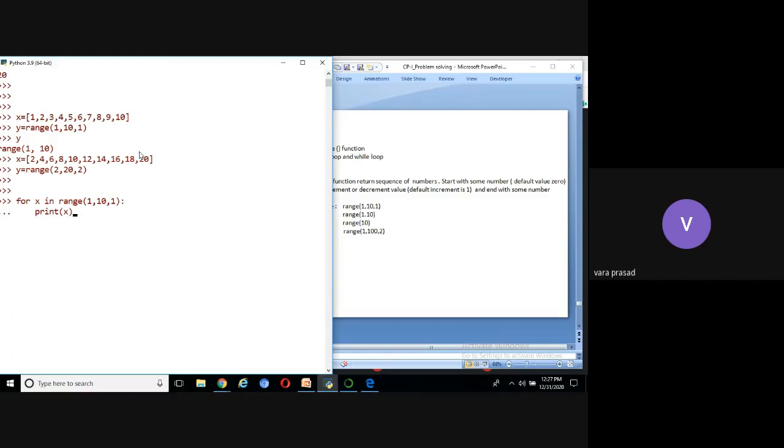All of you see the example for loop. Here in this for loop, print x is repeated multiple times. How is it repeated multiple times?